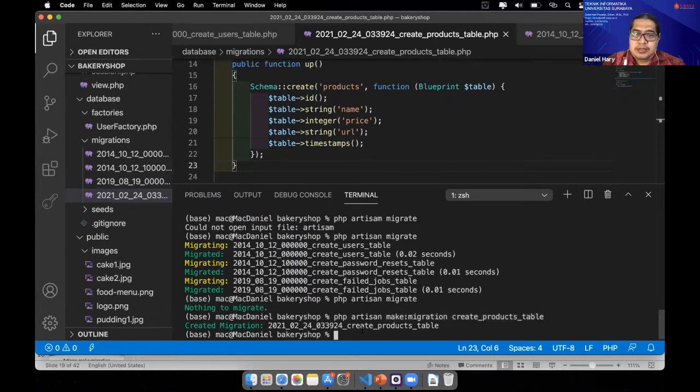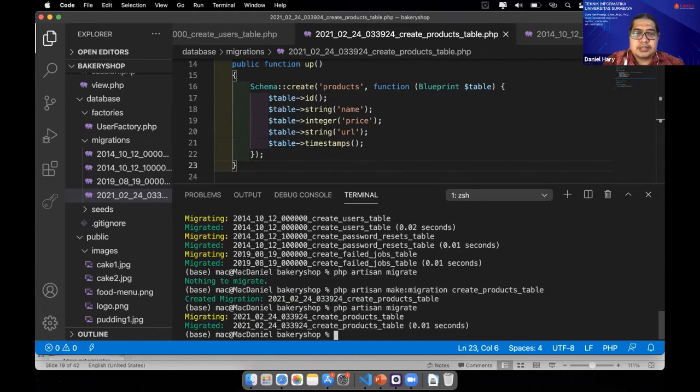And then we run the migration: php artisan migrate. Okay, this one, the migration.